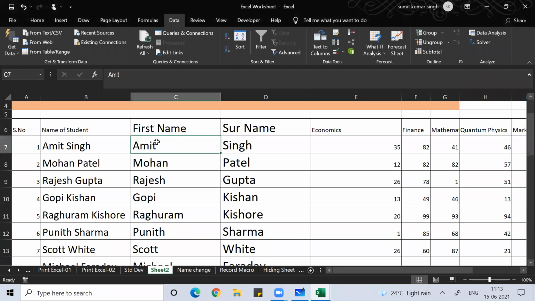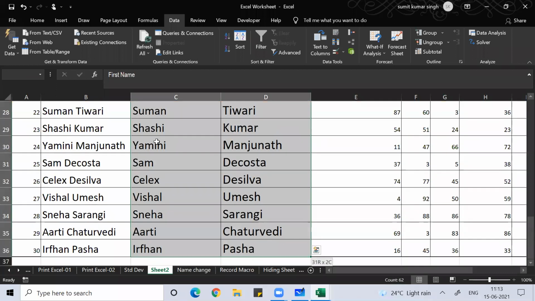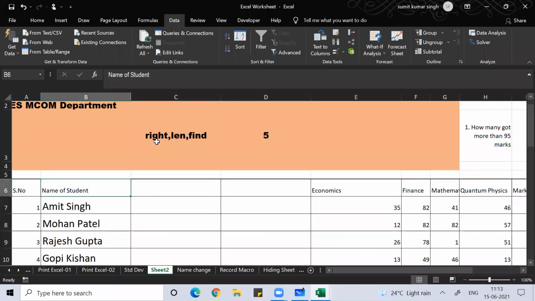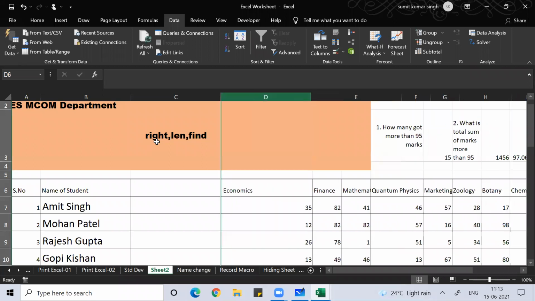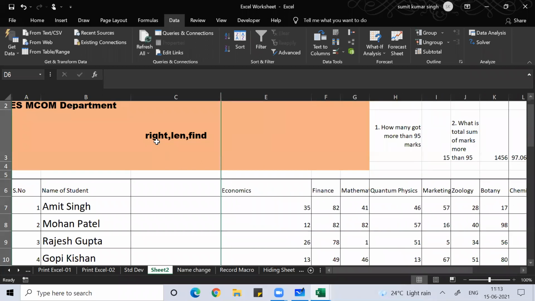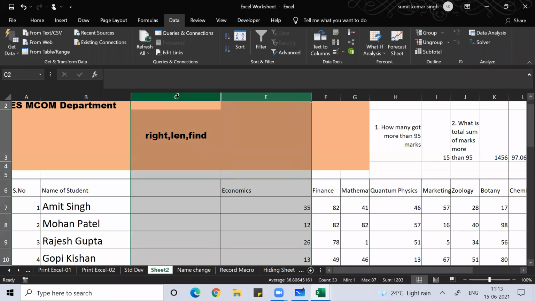Now I simply want to delete this, this is what I wanted to show. Now I deleted it. I want to delete this column, or I want to hide it. How to hide a column? Control space bar, Control 0. How to unhide the column? Select a column one before it and one after it, then Control Shift 0. If it is not working, right click with the mouse and unhide it.